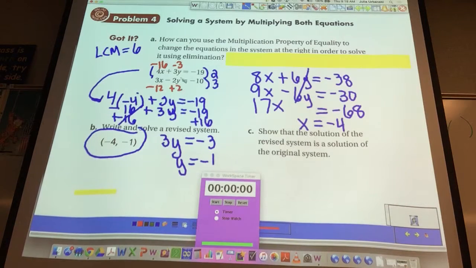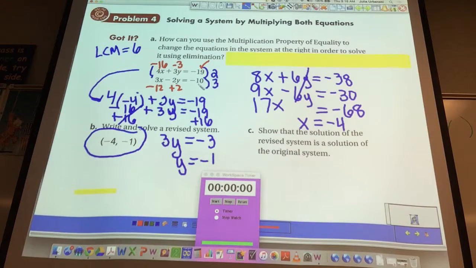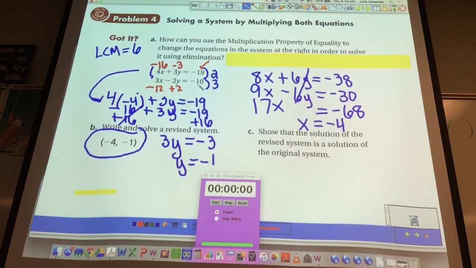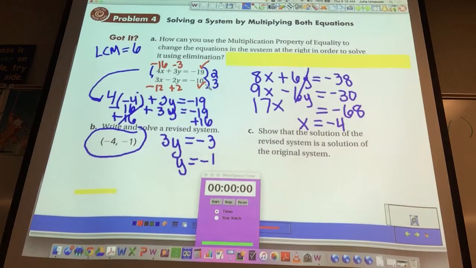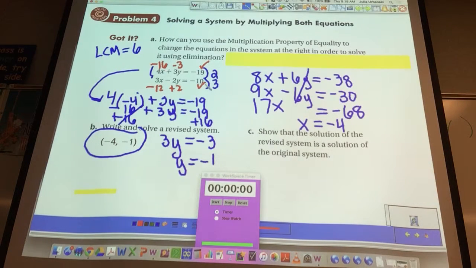Plus 2. Negative 16 minus 3 makes negative 19. Negative 12 plus a positive 2 makes negative 10. So they both worked. Thank you. Yeah. So they both worked, and that means we did it right. All right, so let's talk about the 2 columns on the bottom of your page and